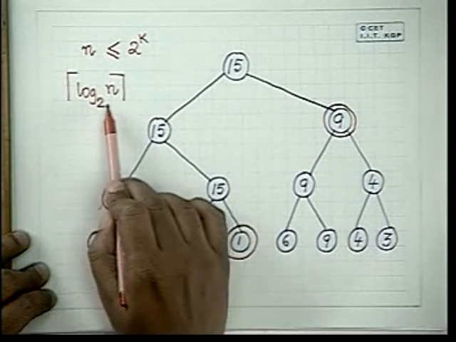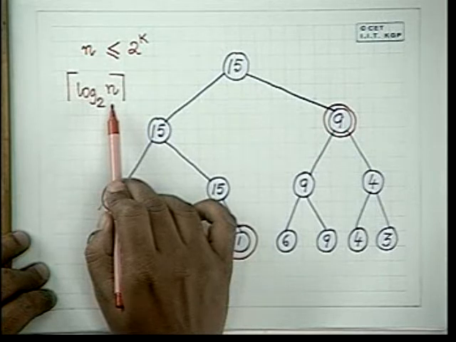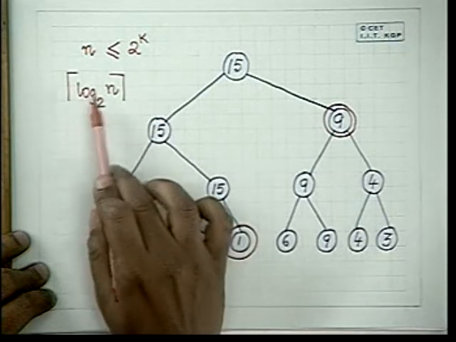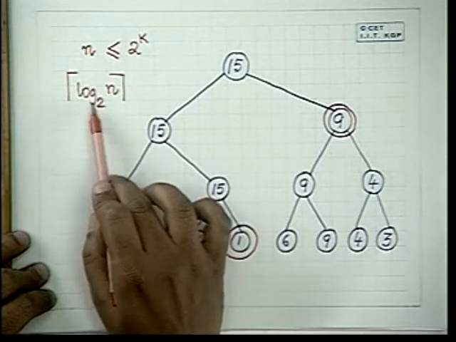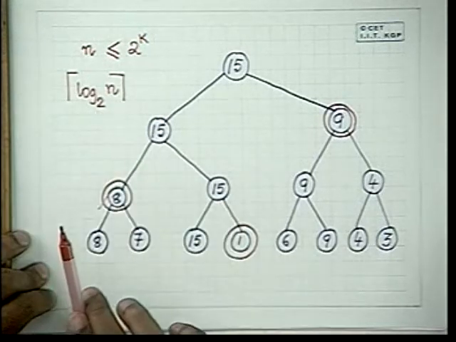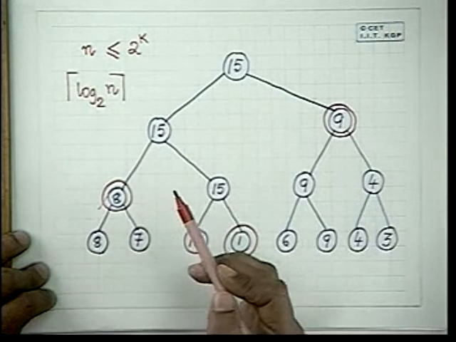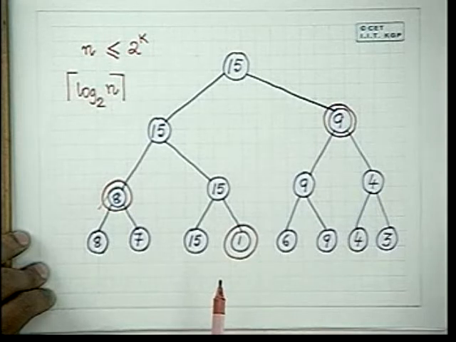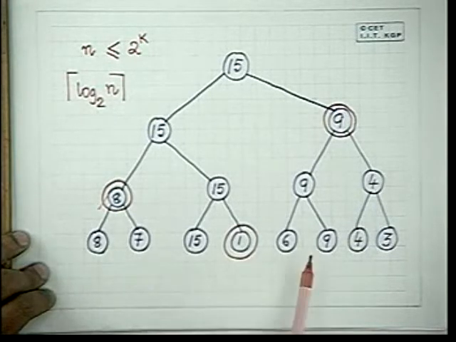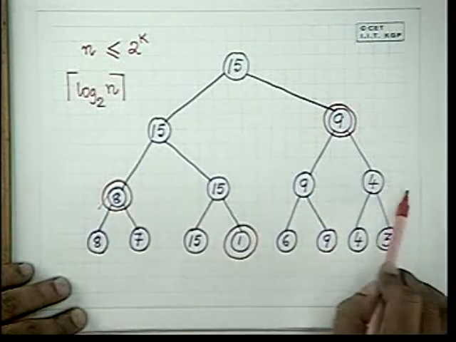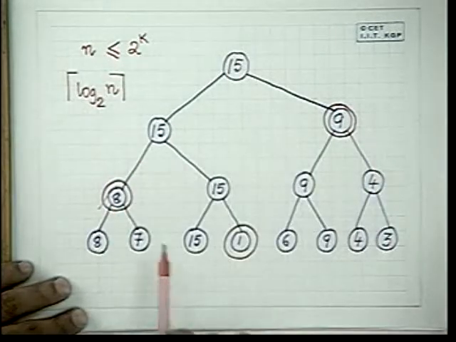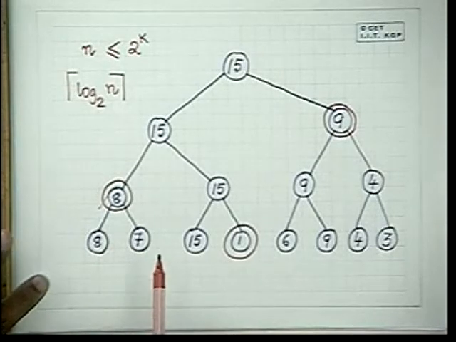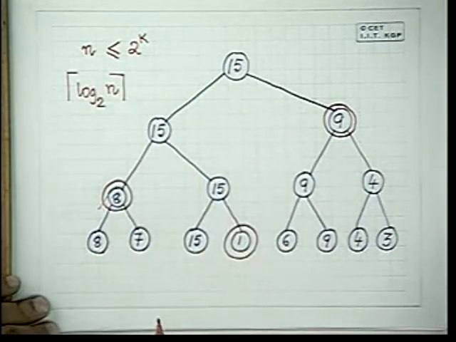The ceiling, that is, you round off log n to the base 2 or truncate and add 1. This is called the ceiling, the next integer. We will come to balanced trees and balanced tournaments much later on. But let us understand that if we play pairwise here and then pairwise here and then pairwise here and continue, we are just going to get the minimum length of the longest path.